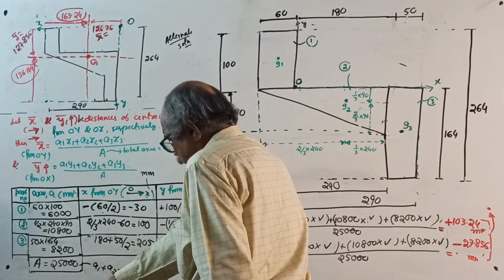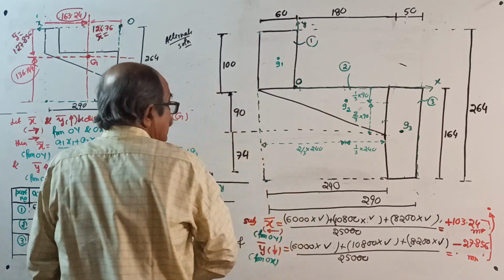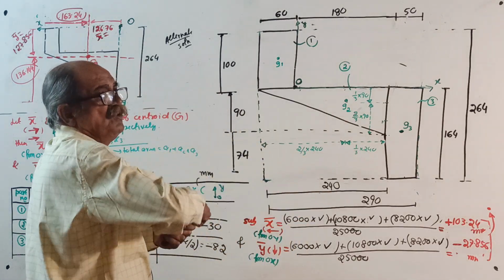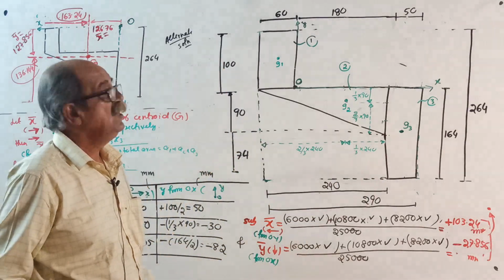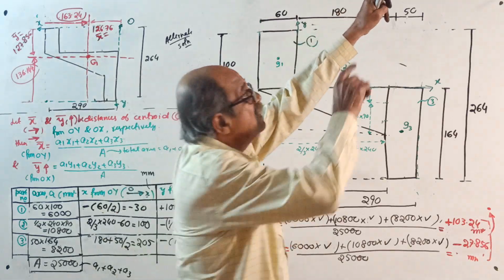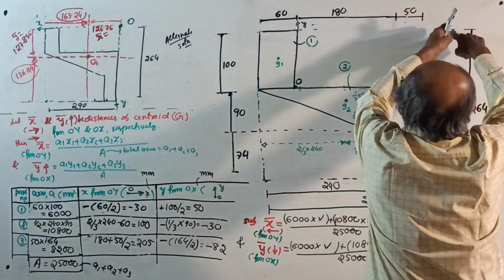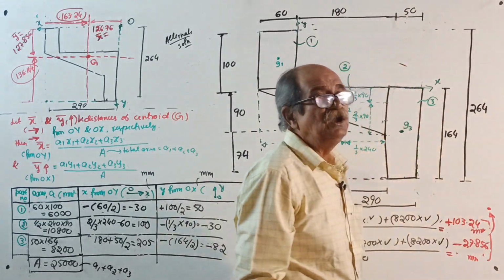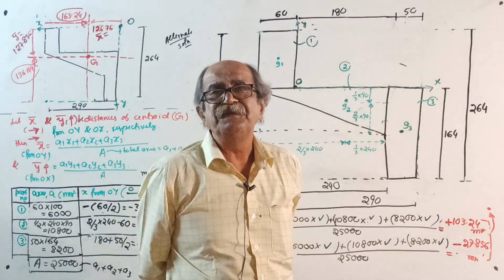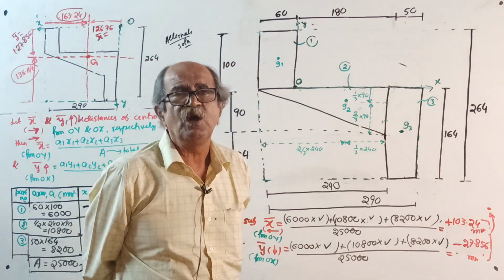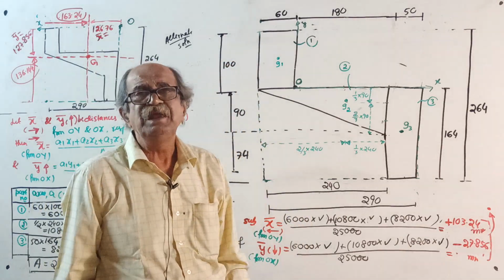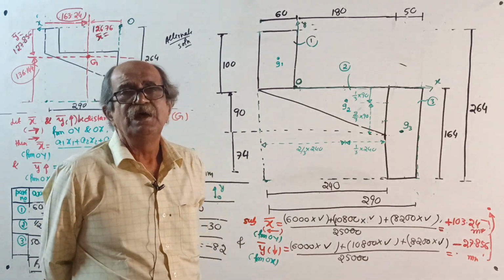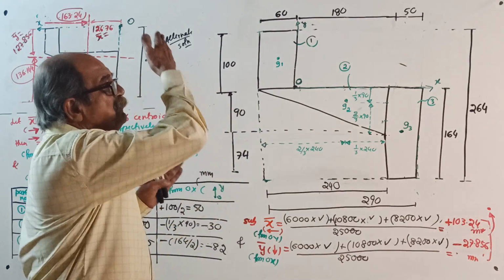See, bottom left extreme edge, so that x goes this way, y goes this way. No negative will come. Or top extreme edge. So x goes this way, y goes this way. No negative. Negative means problem. So it's advisable always to locate centroid considering extreme edges as reference, either for x bar,